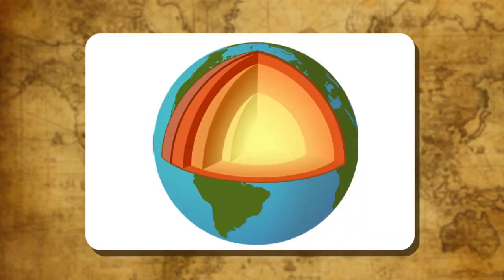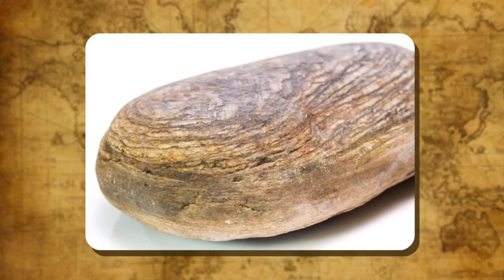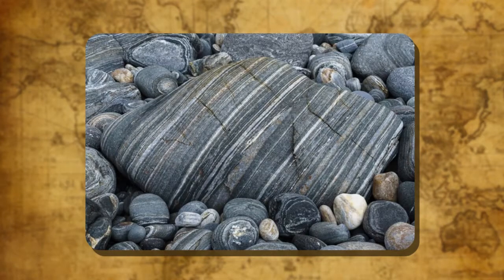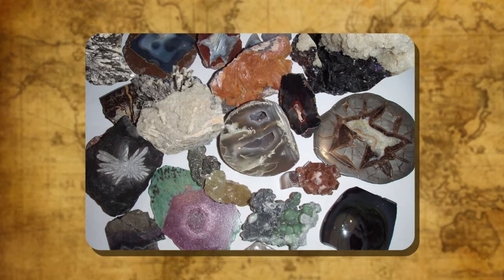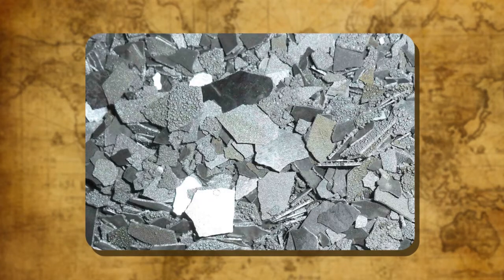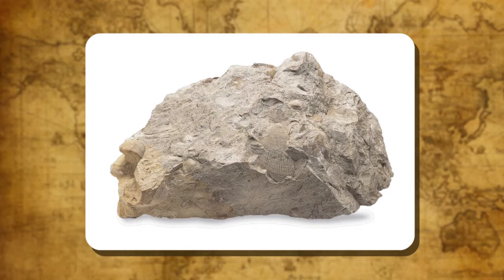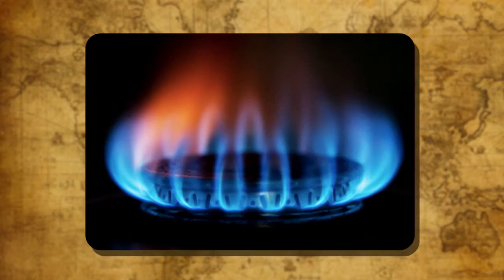Distribution of minerals. Earth's crust is made up of different kinds of rocks, such as igneous, sedimentary, and metamorphic. These rocks are composed of minerals. Therefore, different minerals occur in different kinds of rocks. For example, metallic minerals such as iron, manganese, etc. are mainly found in igneous rocks, whereas the sedimentary rocks are the storehouse for coal, petroleum, natural gas, and of